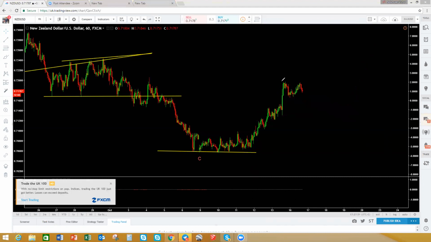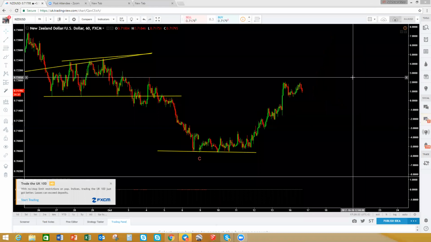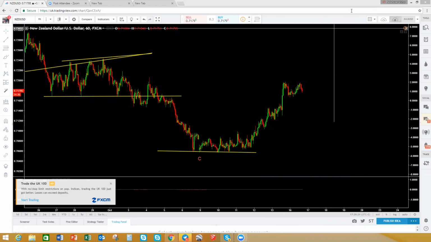Okay, so this is a 1-hour time frame. We're getting this flag here. This is what we're going to be looking for. Okay, so we're looking for something like this. Okay, this flag. Only when this flag breaks out of this, we are buying. Okay, put our stop loss somewhere here, just on the flag. Then we're buying for many, many pips to the upside. Okay, so just to indicate how many pips we're anticipating here,